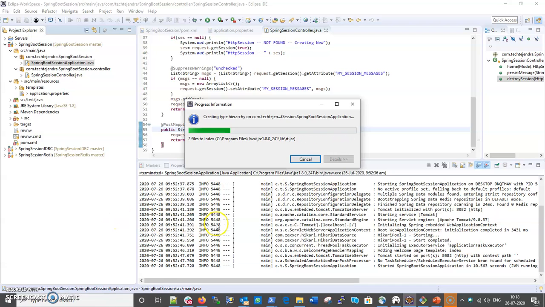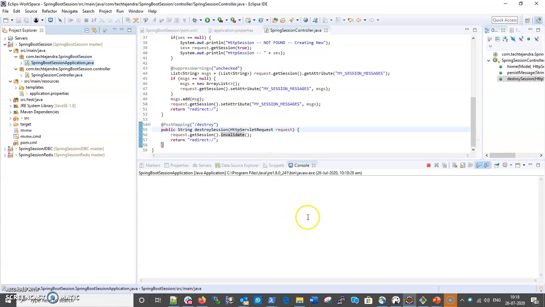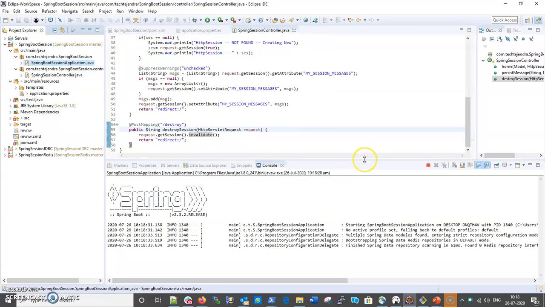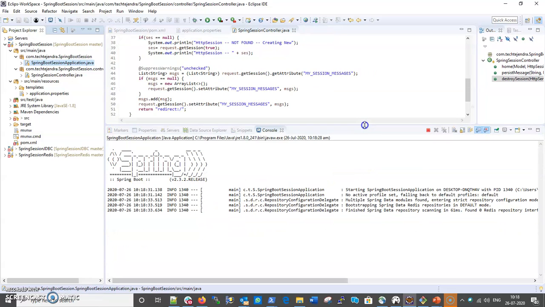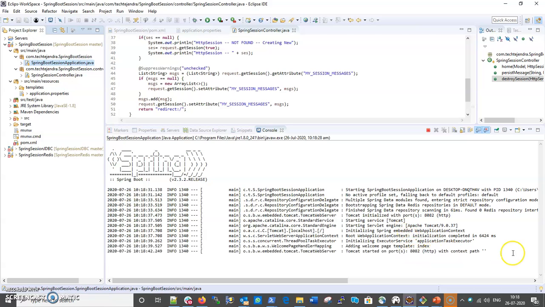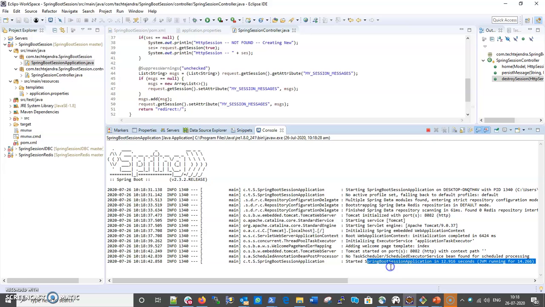It will run on port 8082. Our application has started here.